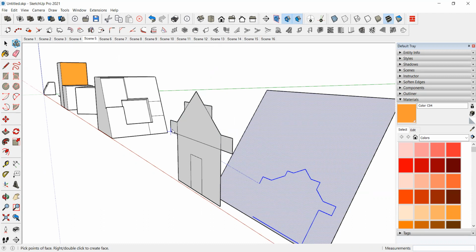So you can draw any shape on any surface. Okay, like this.